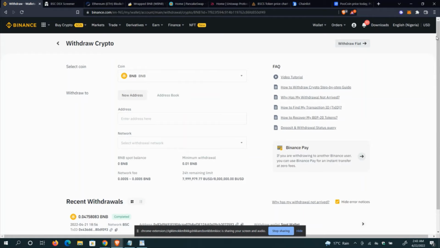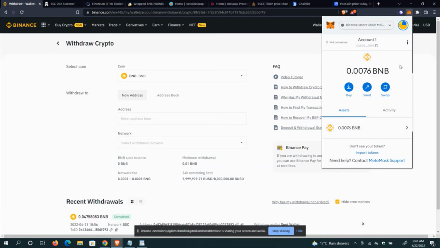So what we are going to be discussing is how you can send cryptocurrency into your MetaMask, how you can withdraw, and how you can swap. In this video, first of all, I'll be sending some BNB coin from Binance to my MetaMask. So, what do I do first? First thing I need to do